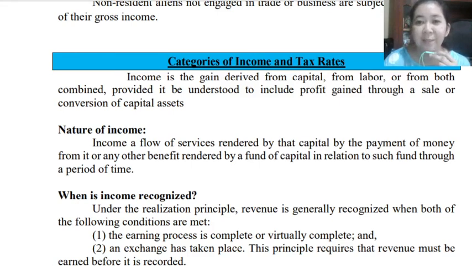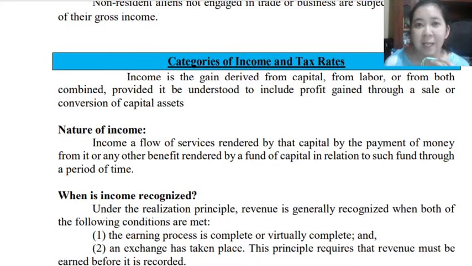Okay, so this next video lecture is still the continuation of our module 2, tax or income tax for individuals. So we are now in the categories of income and the tax rates. So income, when we say income here, this is the gain derived from capital, from labor, or from both, okay,